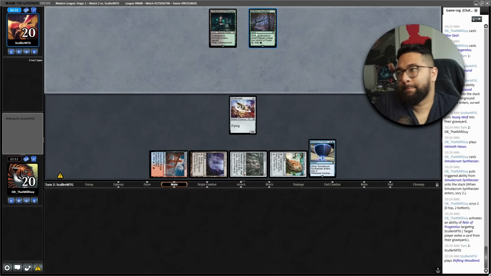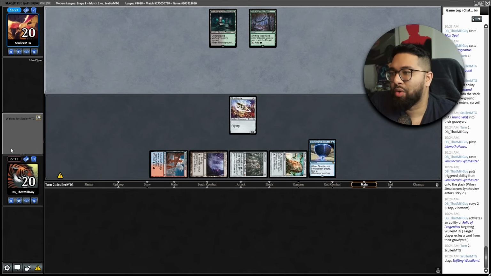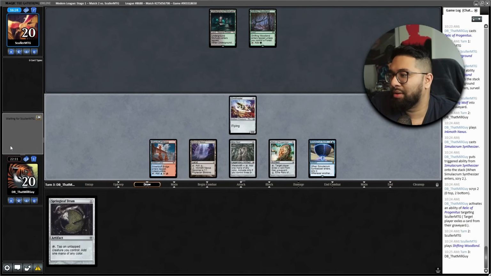What do we got? Nothing, eh? All right, that's what I like to see. Orcish Bowmaster's potentially coming down. So, okay, I gotta be careful about actually activating this. But